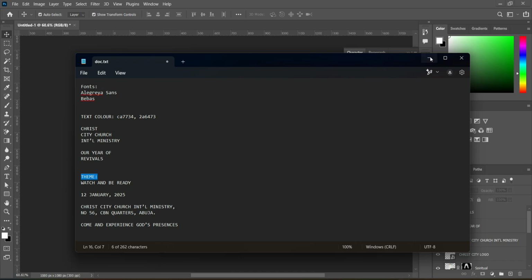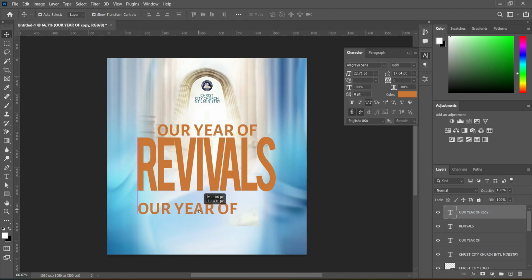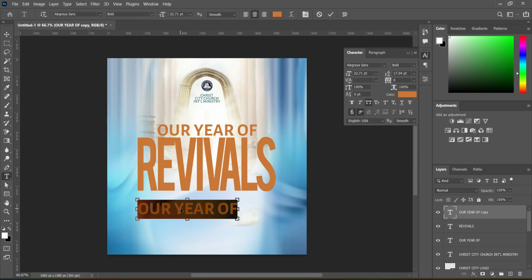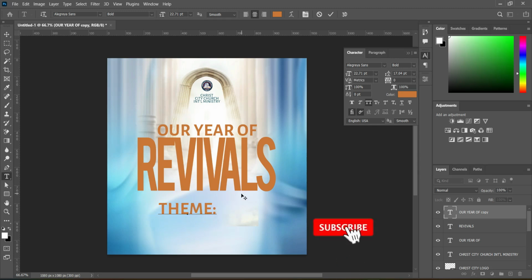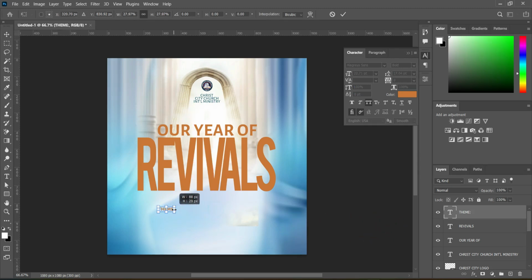Then theme, then for the theme I'm going to duplicate this one. Ctrl plus J to duplicate, then you drag this one up. Now bring this one down, select your text tool, Ctrl plus A to highlight, then Ctrl plus V to paste. Now reduce the font size, then position it somewhere around here. It's okay. Then go back to your text,